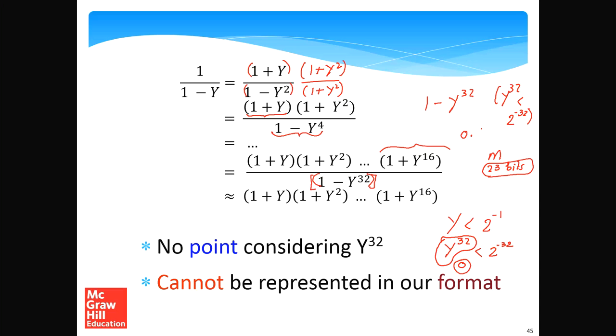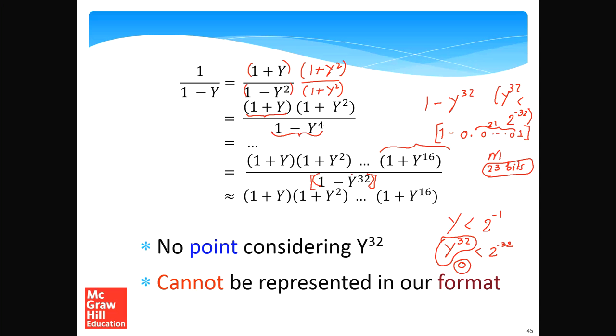Then we have 31 zeros, and then we have a 1. So 1 minus this quantity simply cannot be represented using 23 bits. No valid mantissa can capture or represent this number, because y to the power 32